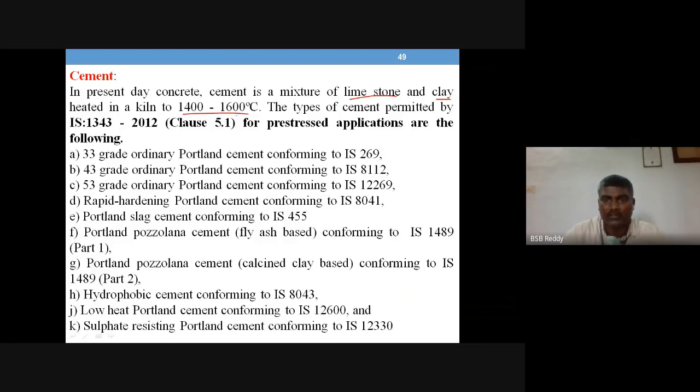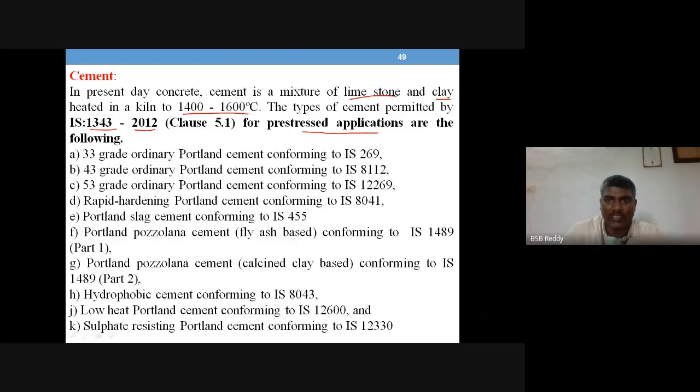So the types of cement permitted by IS 1343:2012, where clause 5.1 gives you the complete information regarding the cement that you are going to